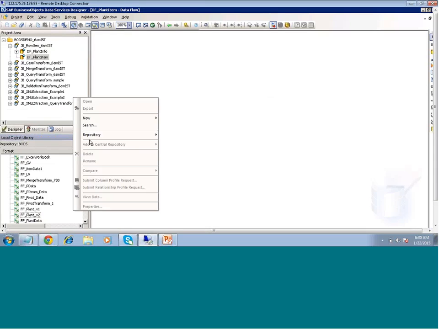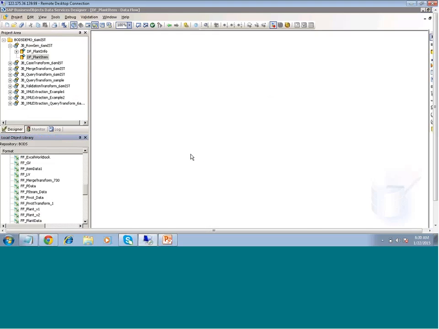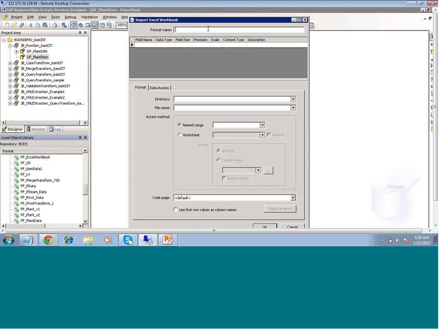And let's create another file format for another Excel sheet. What we have here, yeah, the client item